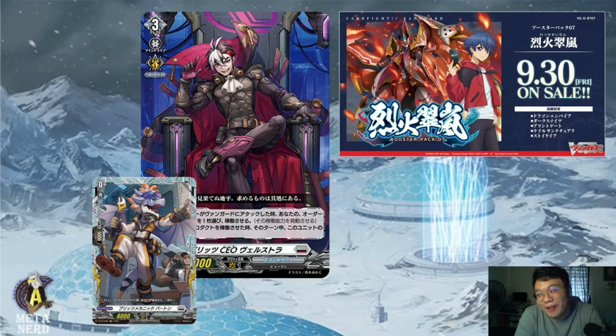We do have one new rear-guard line for DBD07, which is the president or CEO of an industry within Vanguard, Blitz CEO Welstra. In this video, we will be going through what he does and basically what he brings to the table. This rear-guard line is actually really nice, and I would say it's one of the most well-designed